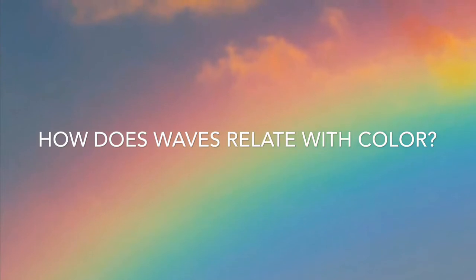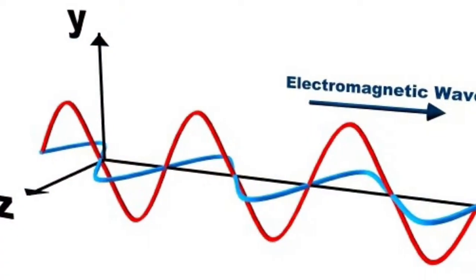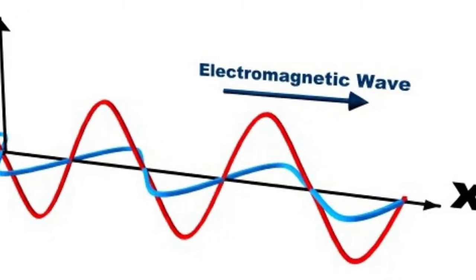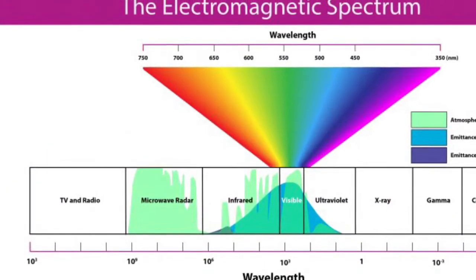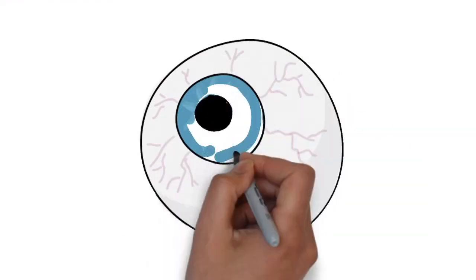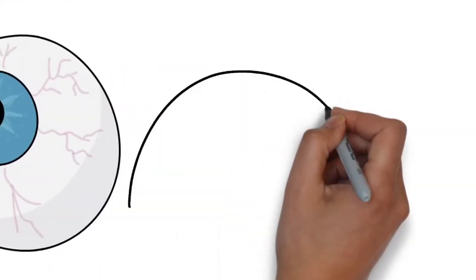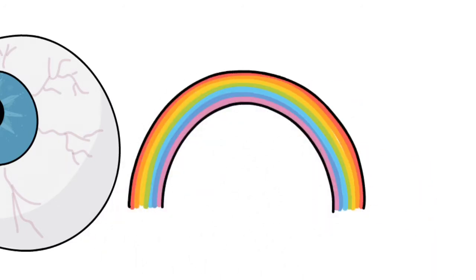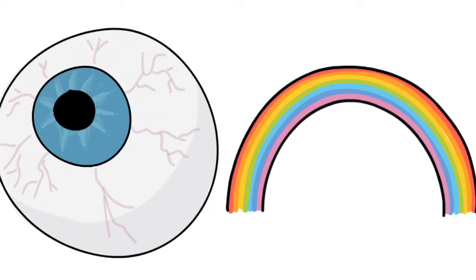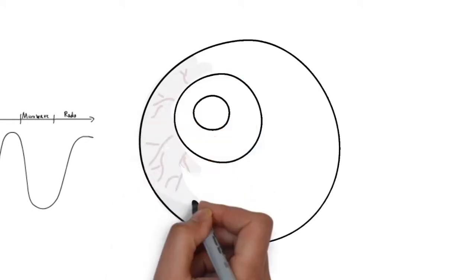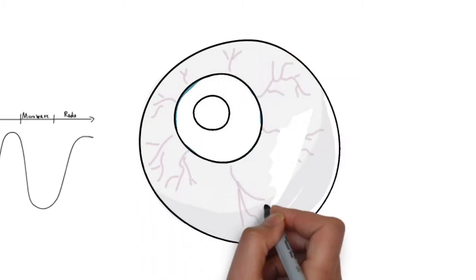So, how do waves relate with colors? Electromagnetic waves are waves that are capable of traveling through a vacuum. They exist with an enormous range of frequencies shown through the electromagnetic spectrum. Although electromagnetic waves exist in a vast range of wavelengths, our eyes are sensitive to only a very narrow band. Since this narrow band of wavelengths is the means by which humans see, we refer to it as the visible light spectrum. By the term light, we are referring to a type of electromagnetic wave that stimulates the retina of our eyes.